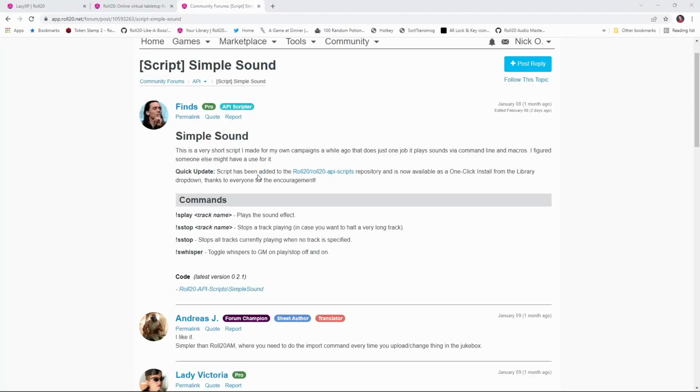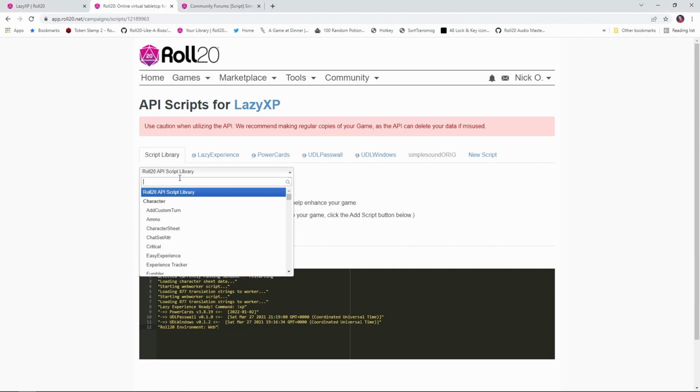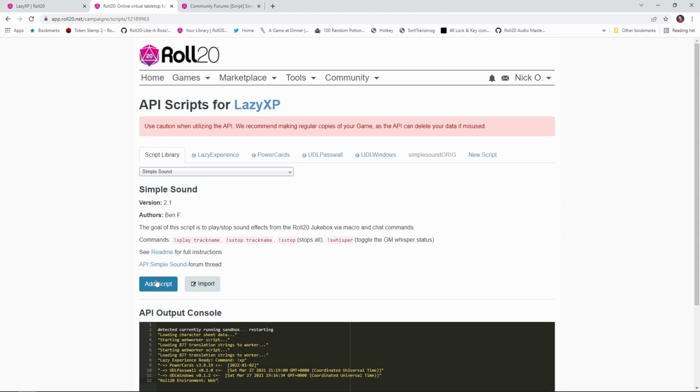Normally when working with sound effects in Roll20, you'd be using the Roll20 AM script. But for this build, we're going to use a different script, one called Simple Sound. As the name implies, Simple Sound is a very simple sound player, which was developed by a user named Finds. Simple Sound is available as part of the Roll20 script library, so all you need to do is go into your game settings page, on the script library, search for Simple Sound, add it to your game, and then